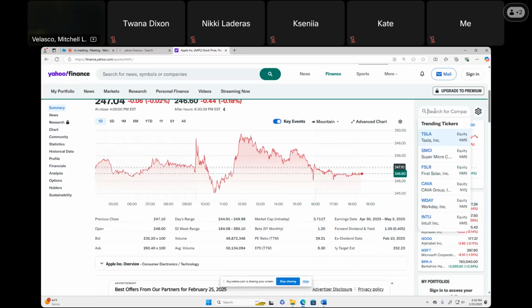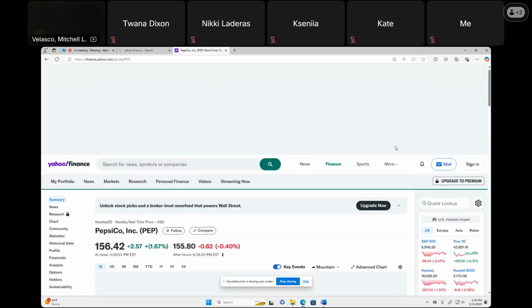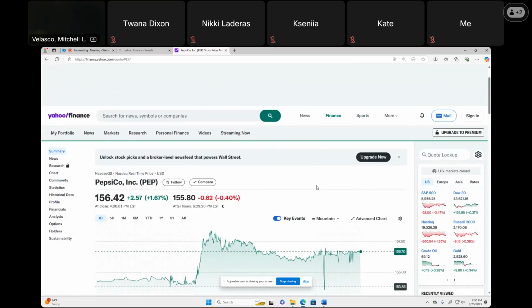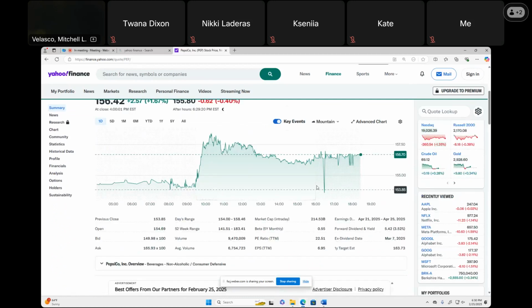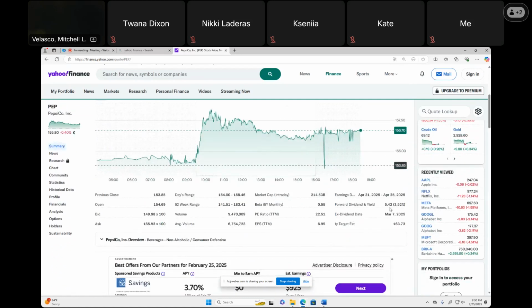But if you go to something like Pepsi, it's not a sexy company, but people still like to eat and drink junk food, so they'll be in business for a while. So let's look at their dividend. Their dividend, look at that. That's huge relative to Apple and Microsoft. $5.42 per share for Pepsi stock. That translates to a 3.5% yield. I mean, that's better than probably what you're getting on your savings account. But can you imagine? For every share of Pepsi that you own, you get $5.42 for doing nothing.